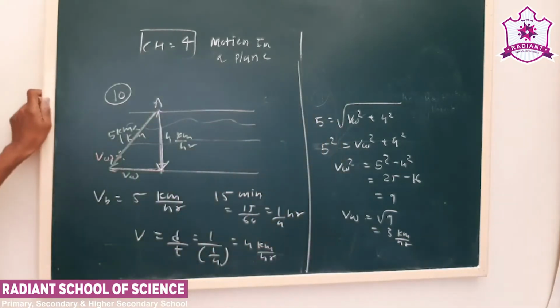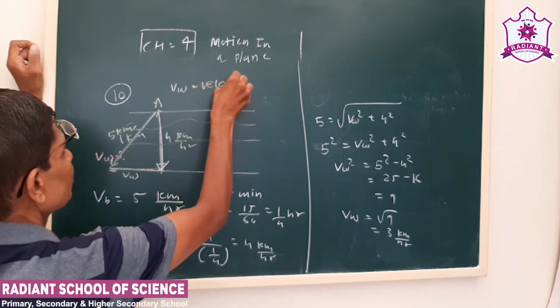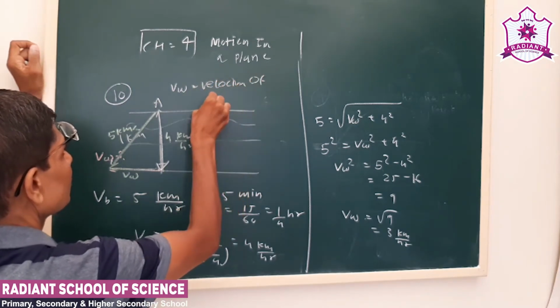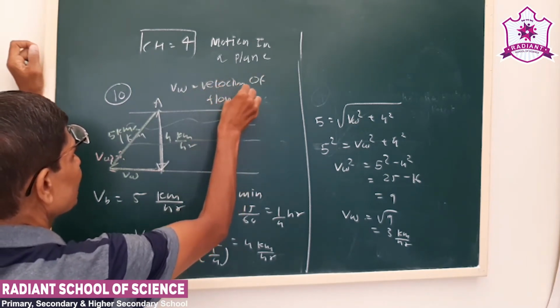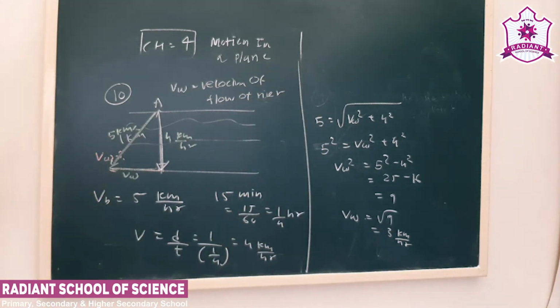So Vw, the velocity of flow of the river, is 3 km per hour. Okay, now see the next question is